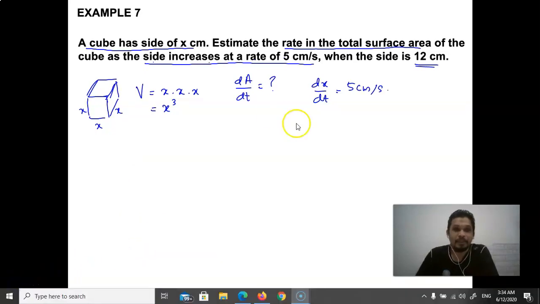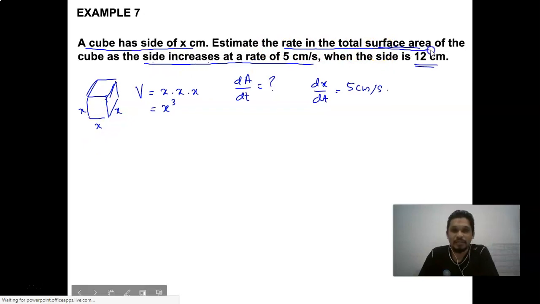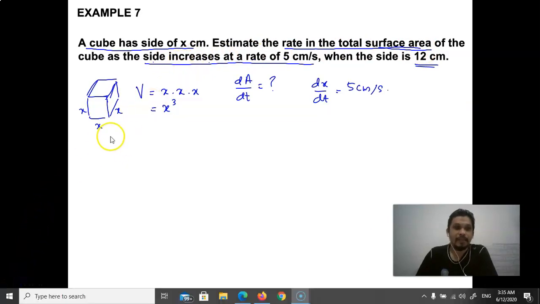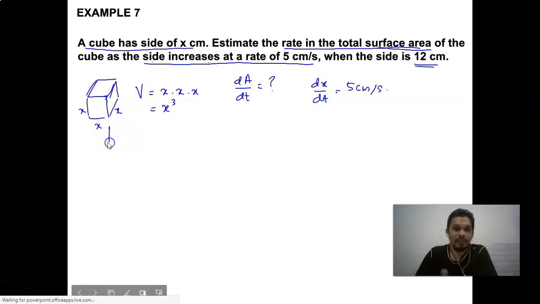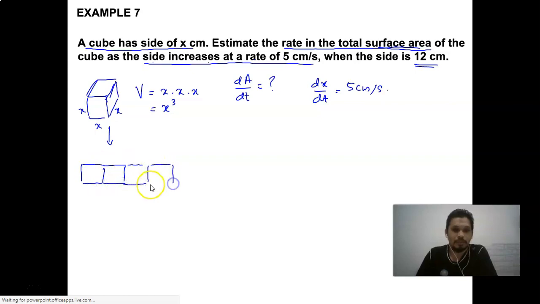So a cube, if I imagine that, estimate the total surface area. Okay, class, side increase. Let's say if I open up this box, it's going to be something like this. Okay, let's say there are what we call the side of the box. Okay, from here